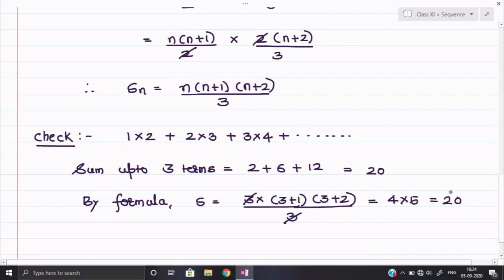See, for 3 terms we can have the cross verification or we can find out manually, but for 20 terms, for 100 terms you cannot find out. So the benefit of finding the sum up till n terms is that we can easily put the value of n as any positive integer, and it will calculate the sum easily. Sequence was given to us, we have got the general sum, just put the value of n and get the sum. Now let us see a similar kind of one more question.